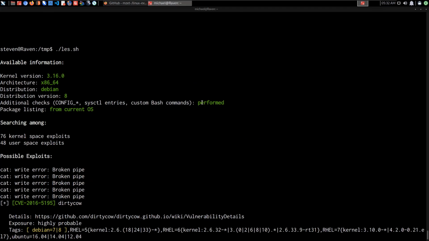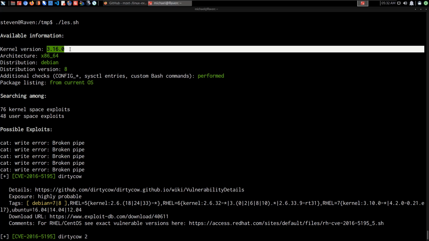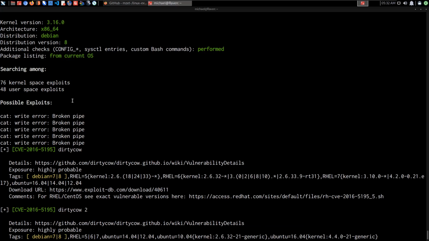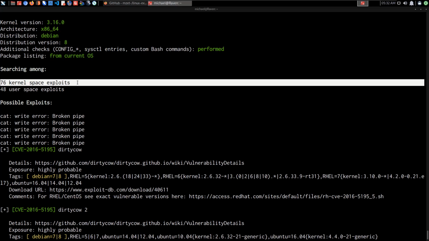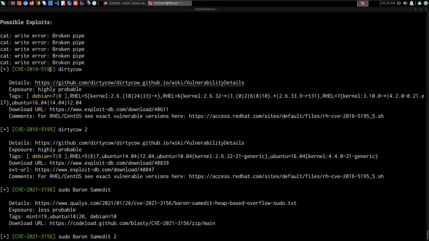So let me go through the way this works. Firstly, it gathers all the important information it needs to perform the scan. That information is the kernel version, which in this case we know is 3.16.0, and the architecture of the operating system. In this case, the target is running a 64-bit version of Debian 8. The distribution is Debian, and the release version is 8. It then gives you a summary of how many exploits exist: 76 kernel space exploits and 48 user space exploits. Then it displays the exploits for this